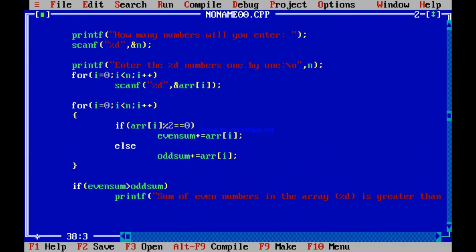Else if odd sum greater than even sum. If that is so, what will I do?